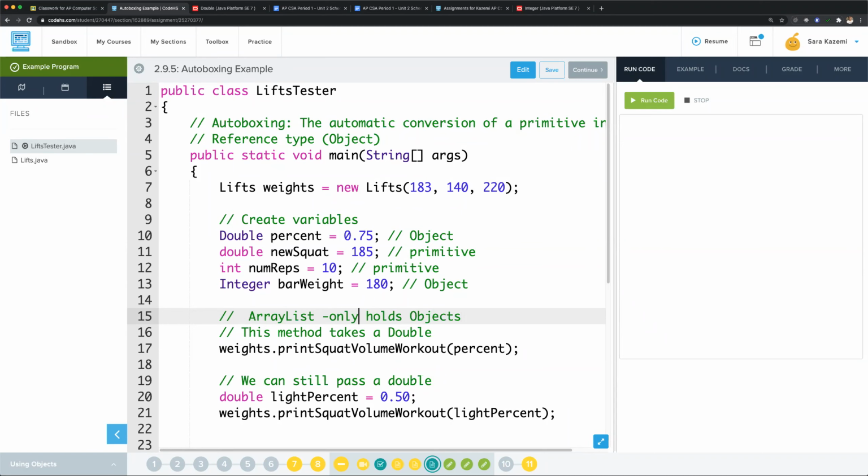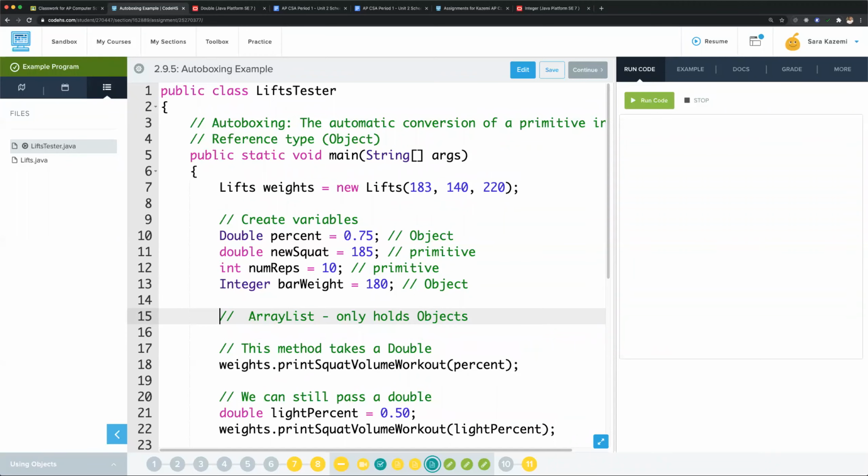So there's going to be times when you're going to want to hold just regular values like whole numbers and decimal numbers. And you're going to want to hold it in an ArrayList because it can hold a whole list of these things. The problem is that since an ArrayList can only hold objects,